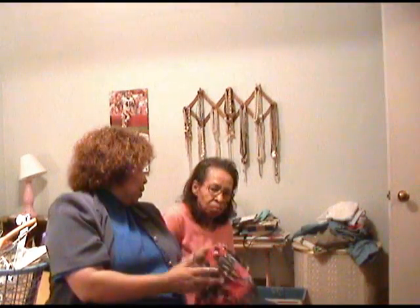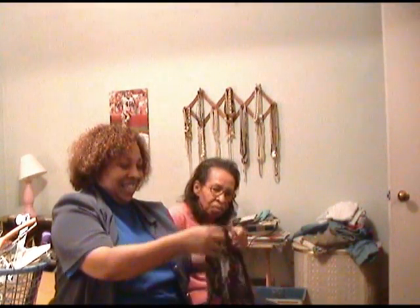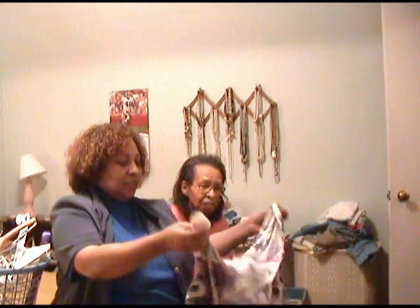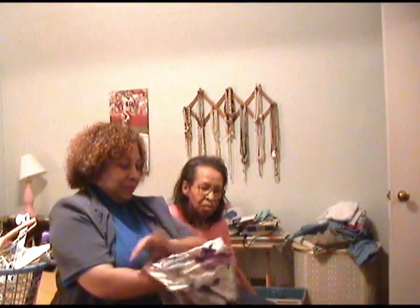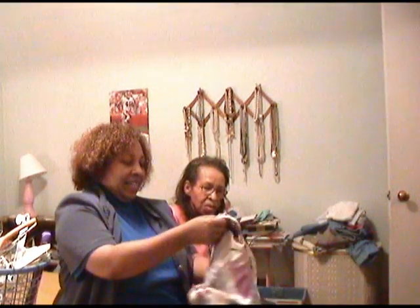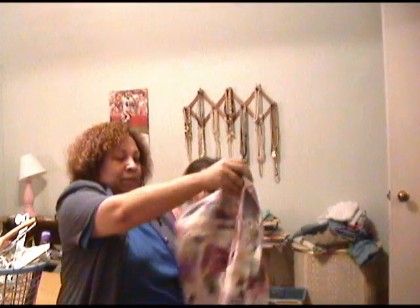Or something more on the floral. She's got lots of these florals. Or some of these cutesy pastels. This one's down. I hope I'm not going through these too fast, but these are some of the types of